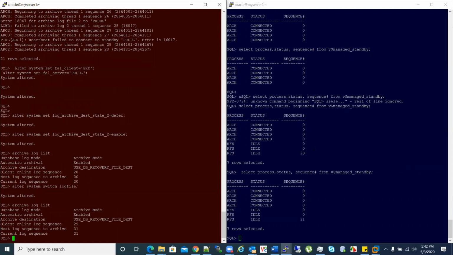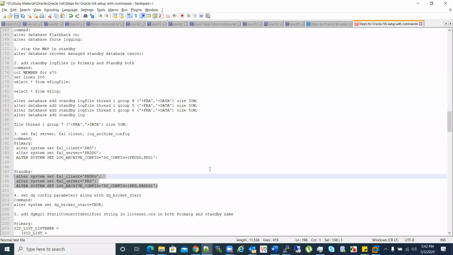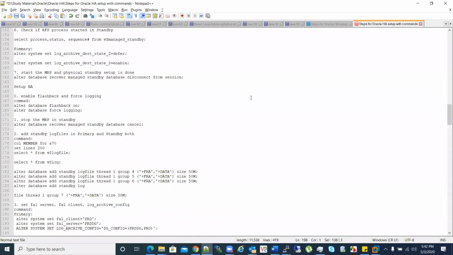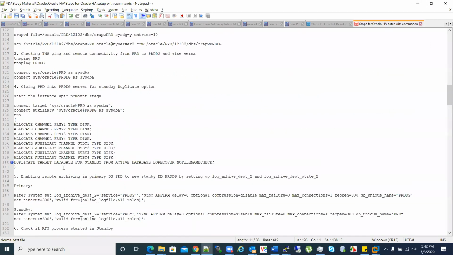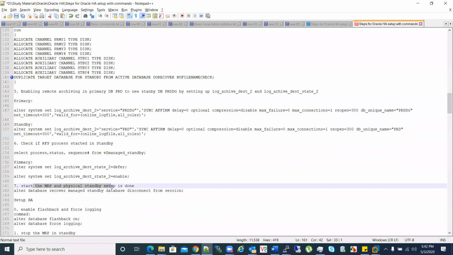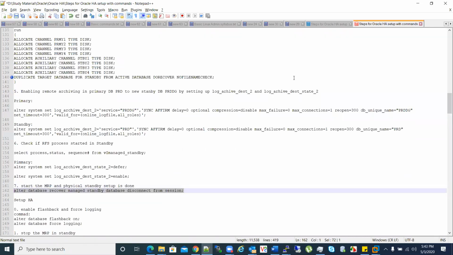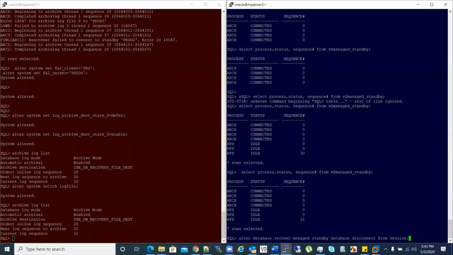Now once the archive log has started shipping to the standby, we have to apply it as well. So for applying this, you will have to start the MRP. To start the MRP in physical standby, you just copy this and run this command.